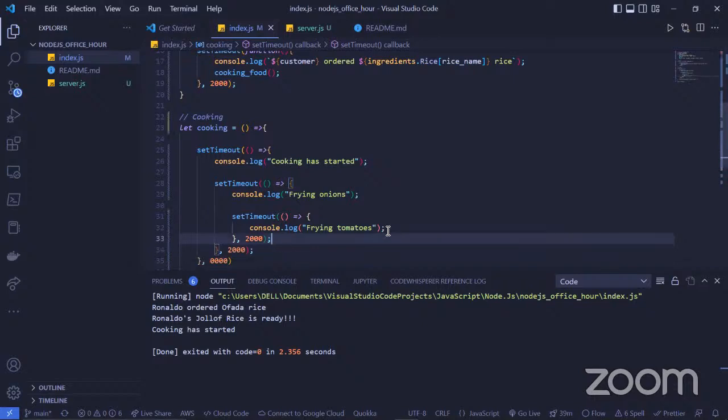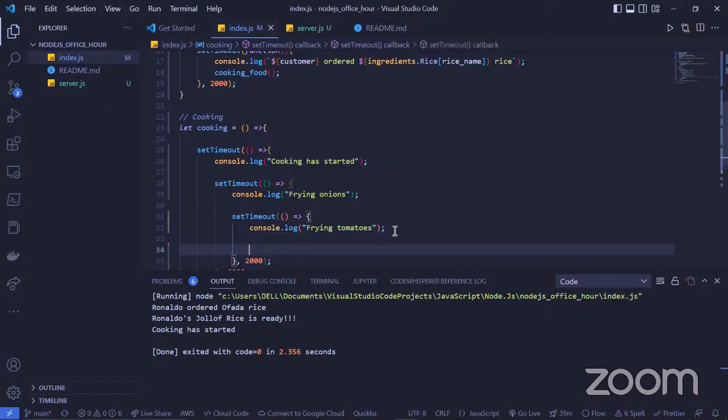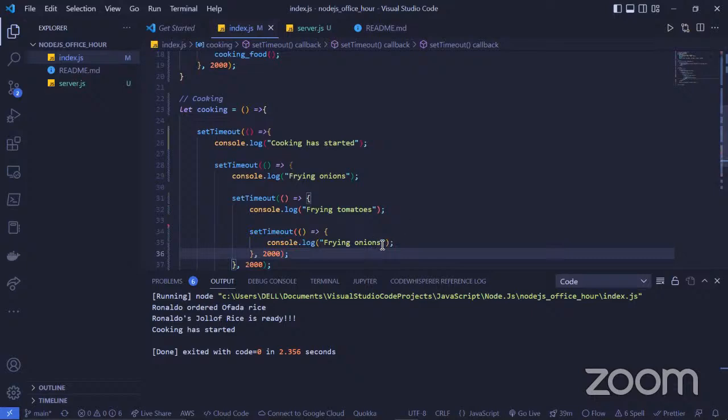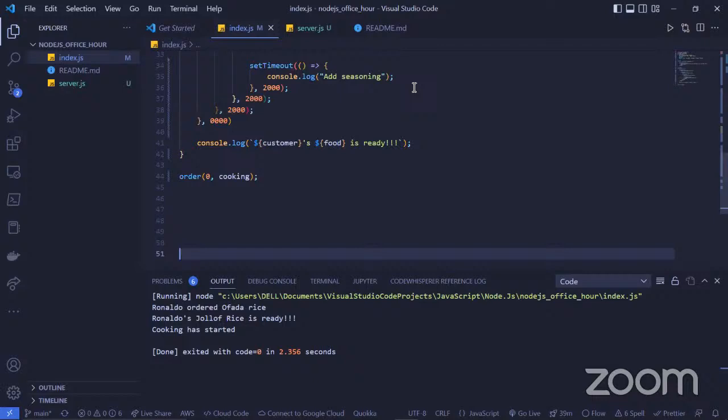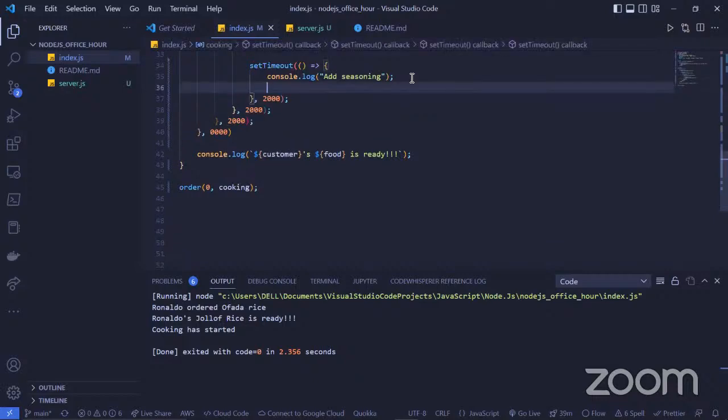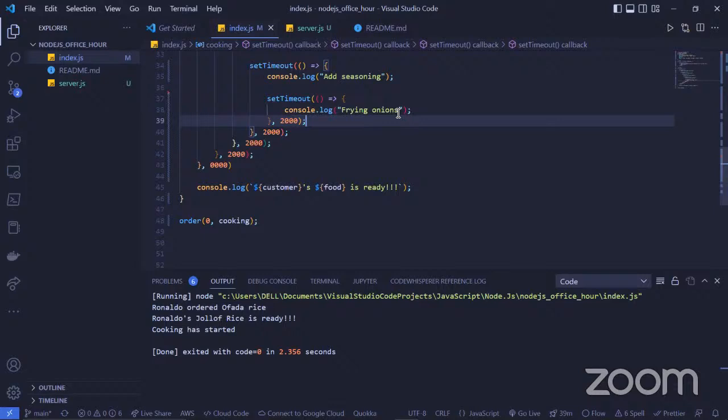Okay, I don't want my code to be messy, because I'm about to start having messy code. After that, we'll add seasoning, then add stock water.